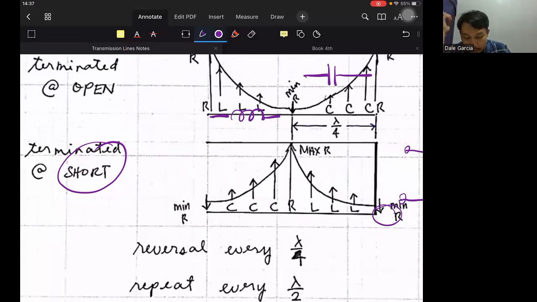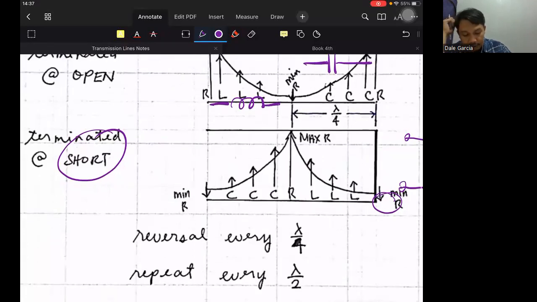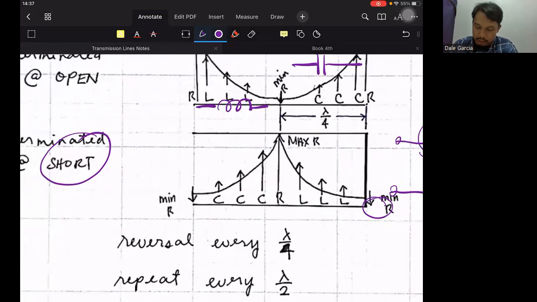If the value is somewhere in between, 0 to 1/4 is capacitive, 1/4 to 1/2 is inductive. So that is on the graph. There is a reversal of value every 1/4 wavelength, and there is a repeat of value every 1/2 wavelength. So if we extend this further,